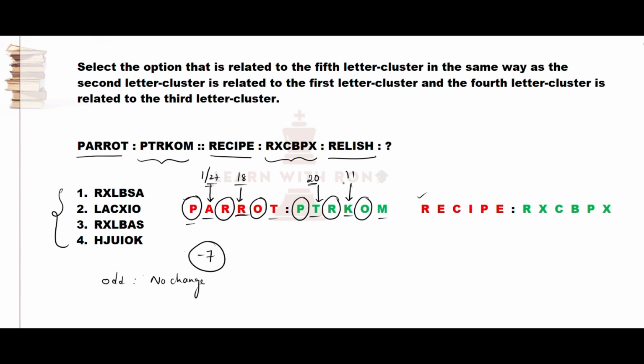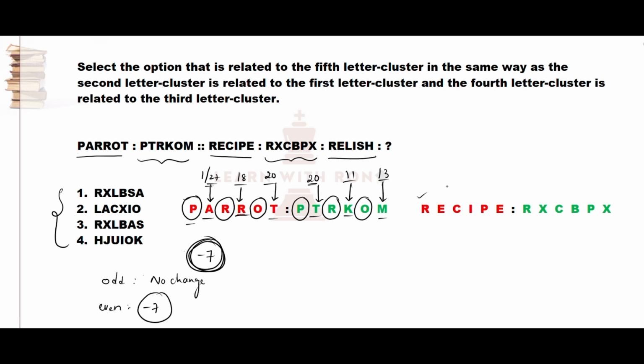So 18 became 11. Here also they subtracted same minus 7. Now final letter, sixth letter, here T is nothing but 20 and here M is nothing but 13. 20 became 13. Here also they subtracted 7, which means for odd places no change, for even places they subtracted